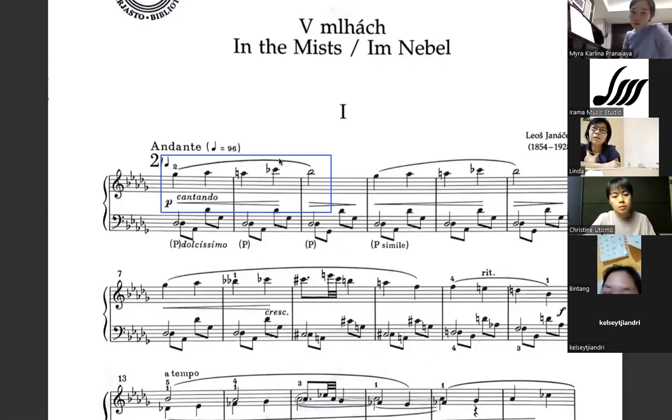It sounds to me also somehow like singing, but not operatic singing in the theater, rather like some villagers, a man in a village singing in a hoarse tone, a little bit out of tune. I have this image in my mind. And it also says cantando, which means singing.